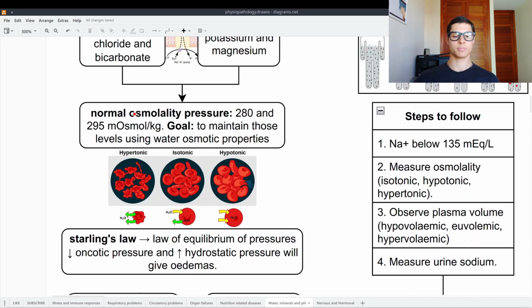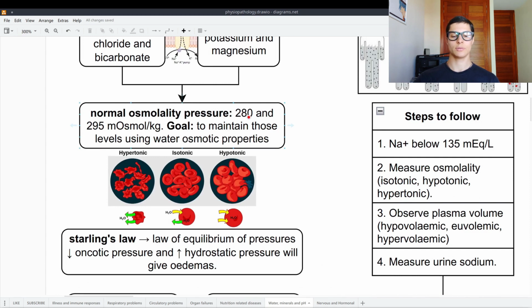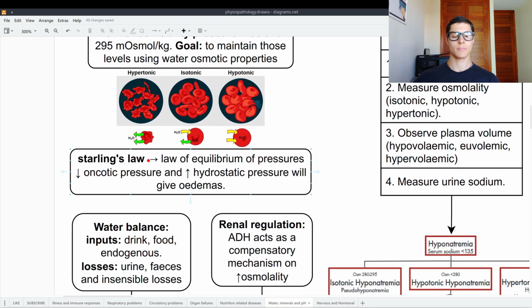The normal osmolarity pressure is between 280 and 295 milliosmol per kilogram. The goal is to maintain those levels using the water osmotic properties. In a hypertonic medium, the water will come out of the tissues. In a hypotonic medium, the water will get inside the tissues. Starling's law is the law of equilibrium of pressures, and the water follows it. For example, a low oncotic pressure and a high hydrostatic pressure will give edemas, because these are stimulating a hypotonic